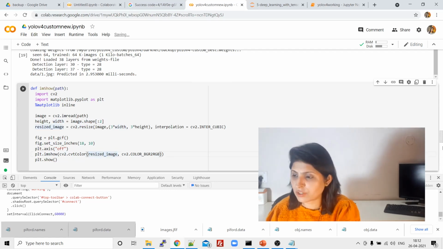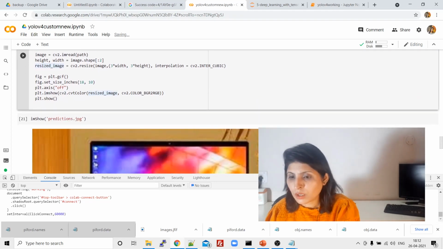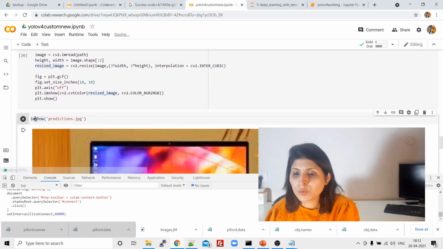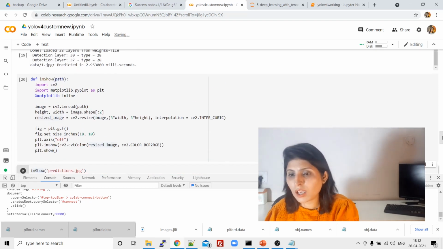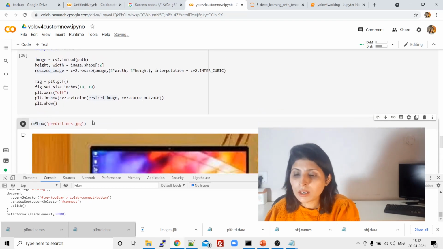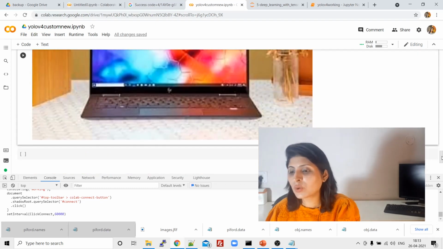Now we are calling that function. imShow is the function name, and predictions.jpg is the predicted image. Whenever you test your YOLO v4 algorithm, the latest predicted output will get stored in this predictions.jpg, and over here you can see the prediction.